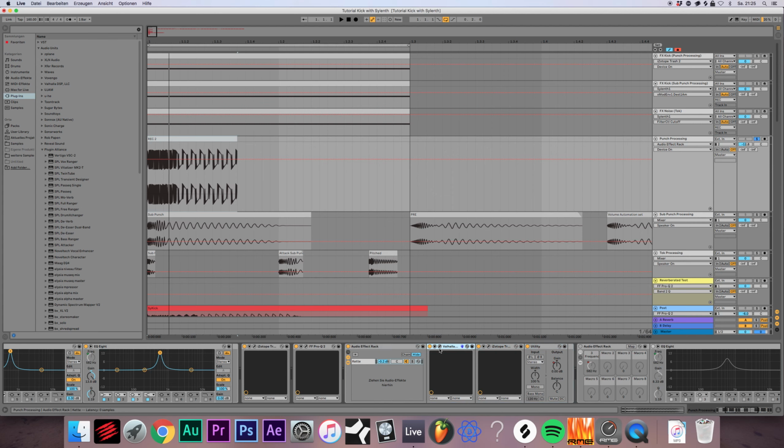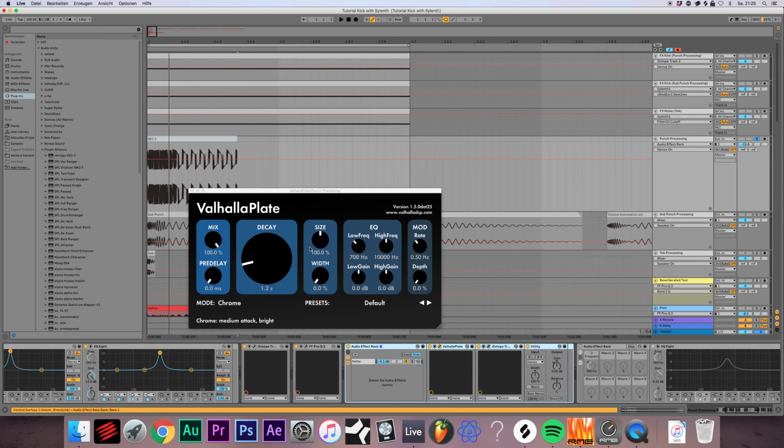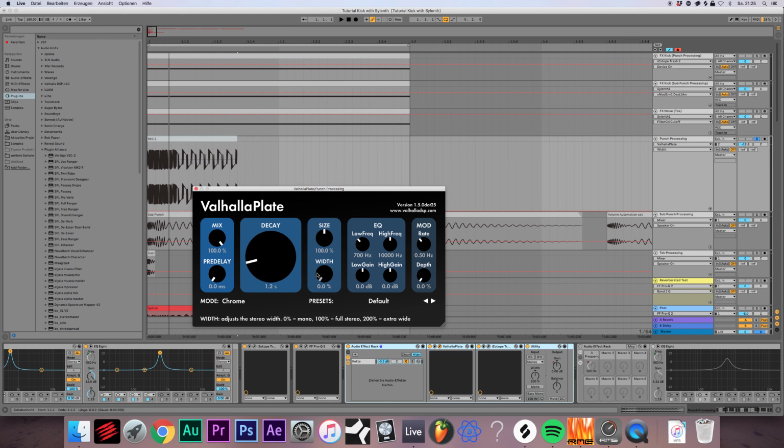So this is just going through a reverb. The whole signal is going through a plate reverb, because I can use no width, so we have a mono reverb, which is nice, and the Valhalla plate has a nice mono reverb. The mix is all the way on 100%, and